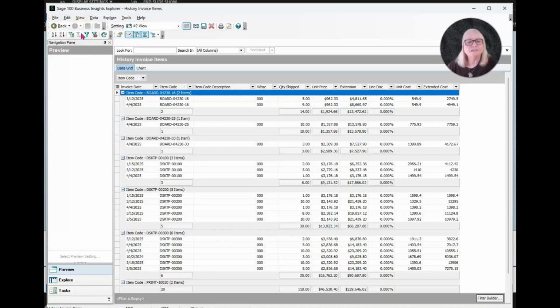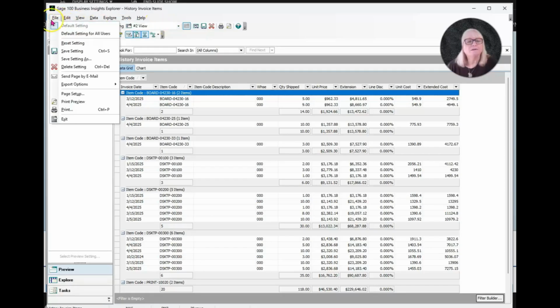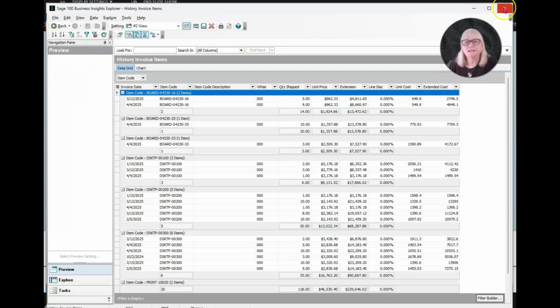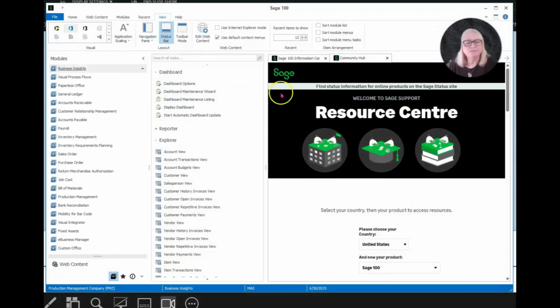So if I change this and set this as the default user, it's always going to pop up there first instead of the standard. So let's just save that again, and let's close out of there.